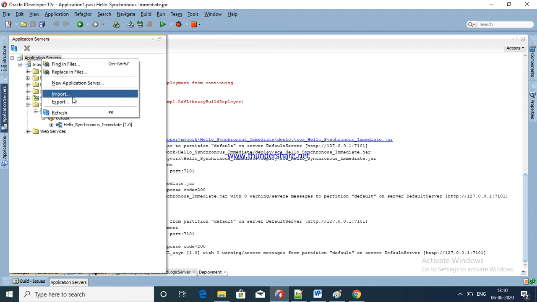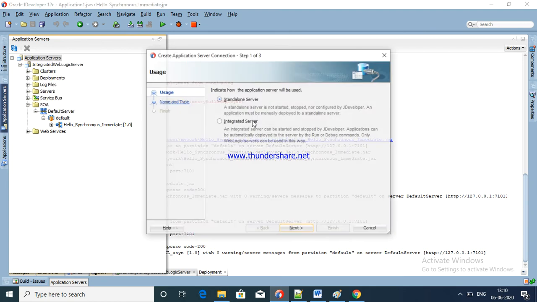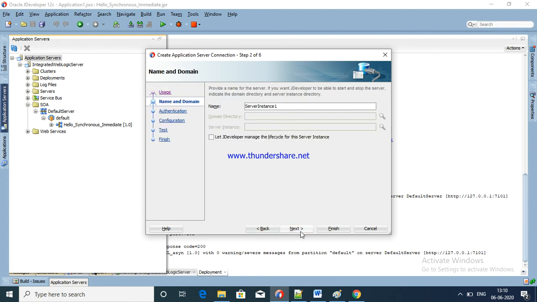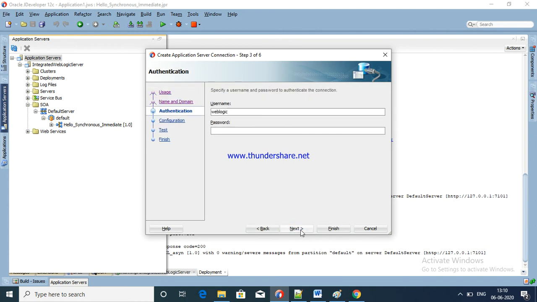Right click and add a new server. Here give standalone integrated server. Okay, here you can give the server name and details.